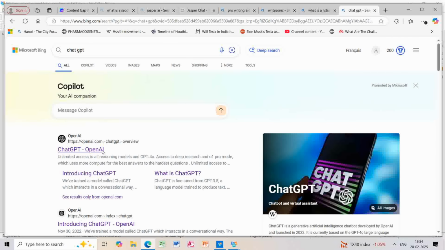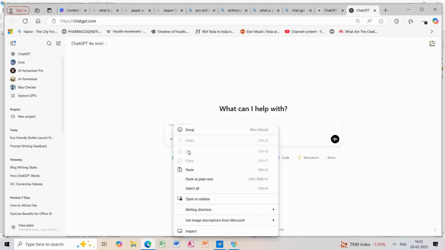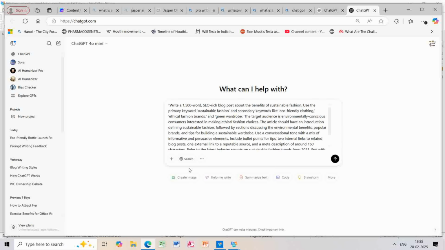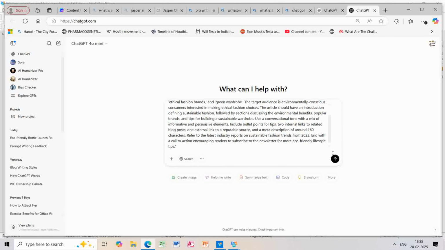Also, separately I'll be teaching you how to generate blogs for different fields or sectors like the tech industry, finance, tourism, everything. So this is our prompt, and once we do this,